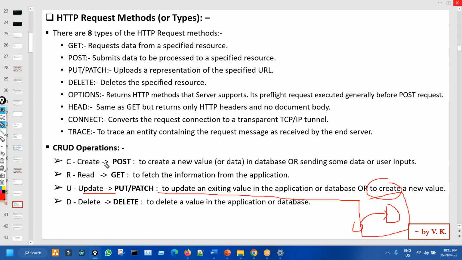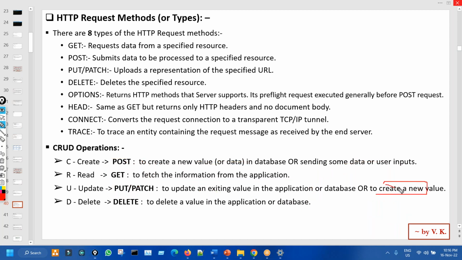In interviews, they will ask the question between post and put. Very common question. What is the difference between post and put? Tell them, post is we are sending some data, or sometimes creating new data or a new record also. Here it's written creating new data or sending existing data to the server, like login and other things. That will be a post request. Put request will be used for updating any existing record. Very simple. That will be the answer. Sometimes put request is used to create a new value,